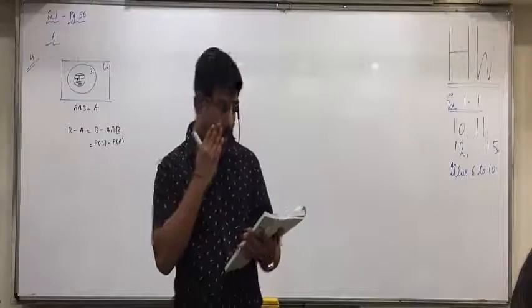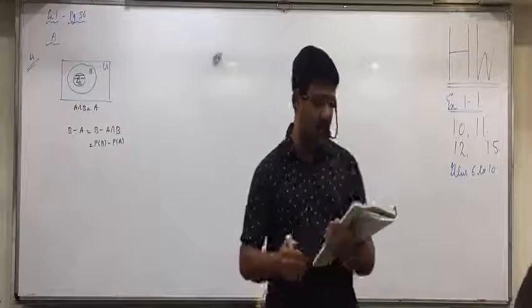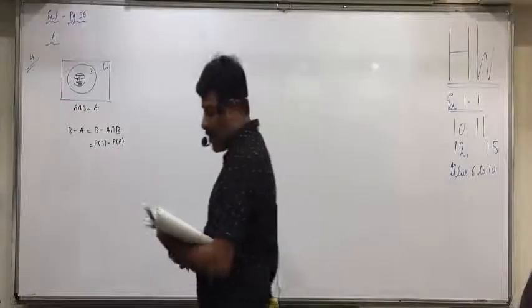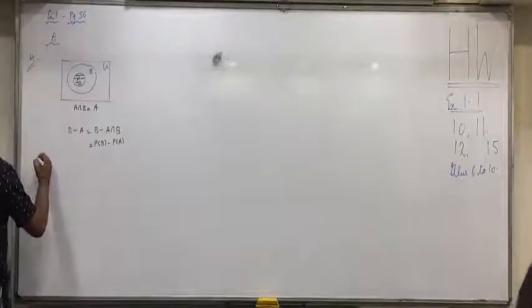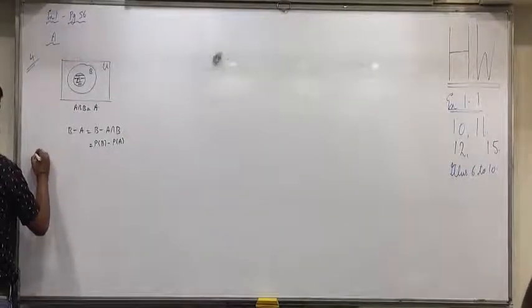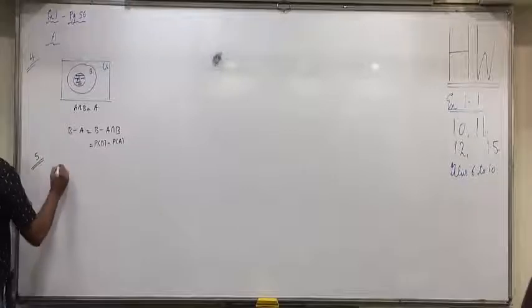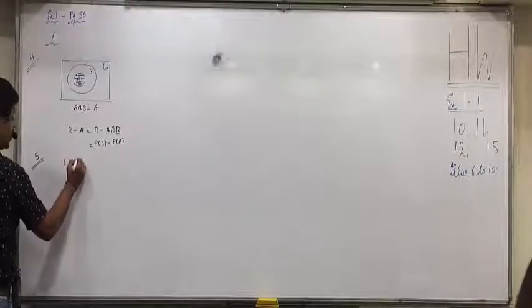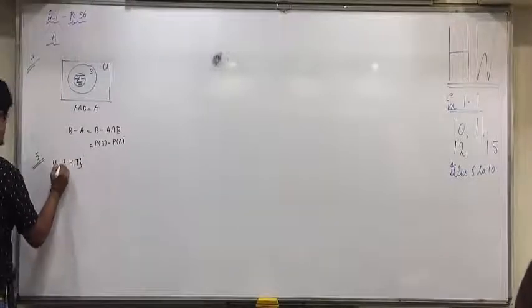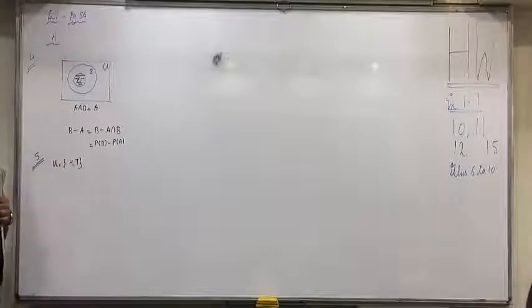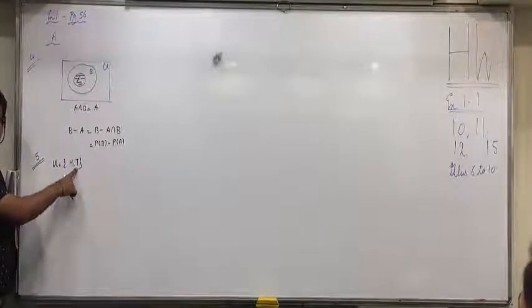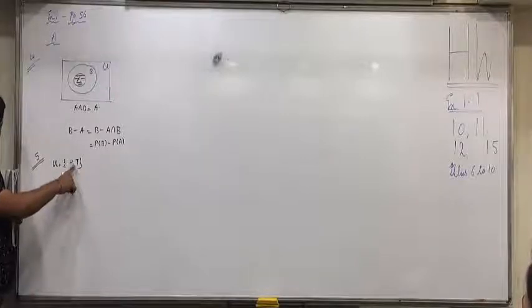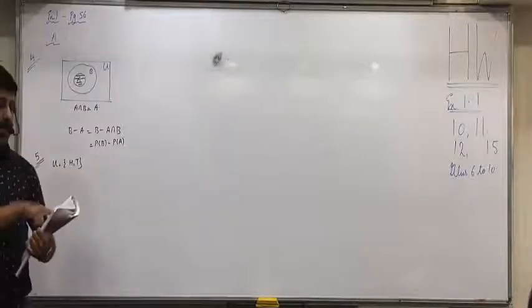Question 6. Which of the following statements for probability of elementary events H and T of a random experiment of tossing a balanced coin is not true? See here, H and T, only two outcomes. So what will be the probability of T, tails? Half, 1 by 2, 0.5. So A is correct.